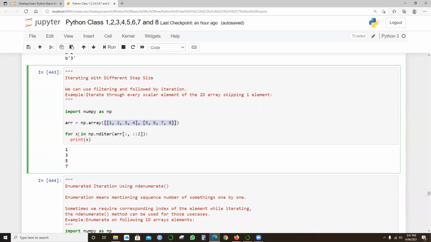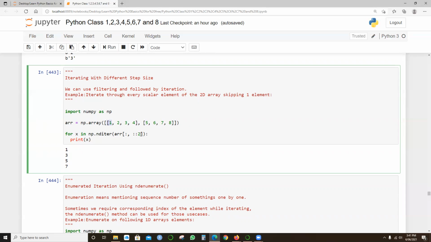That means we are using the step, right? So for x in np.nditer array, with this option colon, comma, again colon, again 2. This is a method which we apply for the step. If you look at the previous examples in week 4 and 5, we have discussed the step. So the first element is displayed here, 1, and then 3.